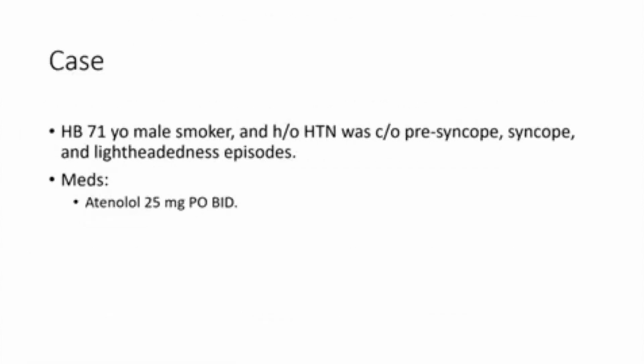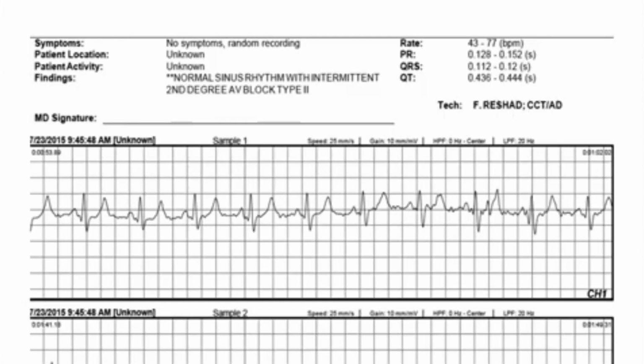So we're gonna go from here. If we said Mobitz type 1, we said Mobitz type 2, and then we say, how about the 2-to-1, which is the common pattern. So we have this patient who is on atenolol, 25 BID, complaining of pre-syncope and syncope, and that's her monitor. We have